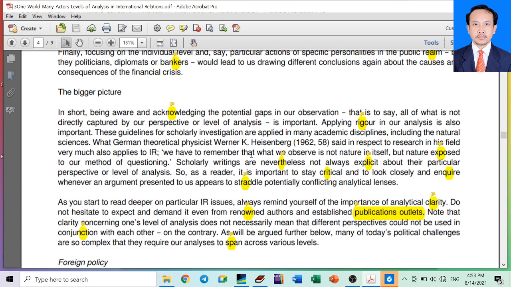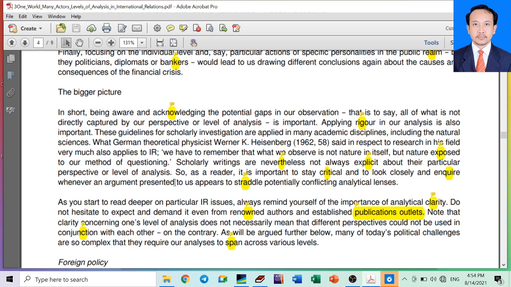We have to remember that what we observe is not nature in itself, but nature exposed to our method of questioning. Scholarly writings are nevertheless not always explicit. Explicit means clear and exact. And one more, rigor: the fact that people are made to follow rules in a very severe way. Nevertheless means however. Scholarly writings are not always explicit about their particular